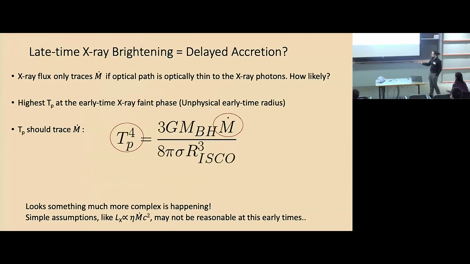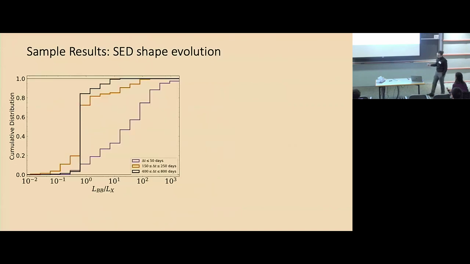So there seems to be something much more complex happening here, and simple assumptions like luminosity following the accretion rate may not be reasonable at these early times, when there's the dynamic formation of the disk and the collision of the returning streams. So I don't think things are as simple as saying X-ray luminosities always follow the accretion rate. So one thing we can check is the evolution of the spectral energy distribution shape as